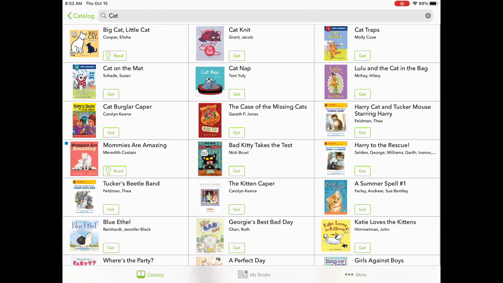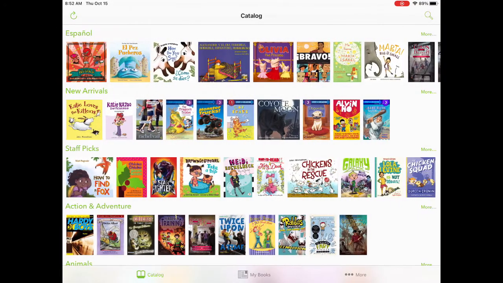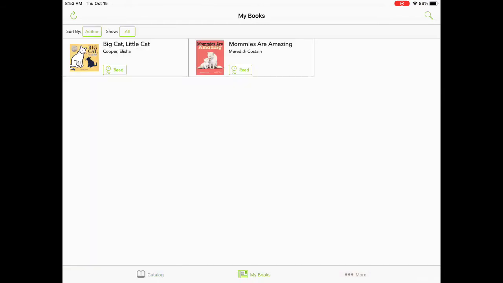the beginning. Now I want to point out to you some buttons on the bottom. On the left side is a button that says catalog, which will bring you to the main page. The button in the middle says my books, and if I tap that, it'll show me all the books that I have checked out. So it shows me I have the 2 cat books, and I already read Big Cat,